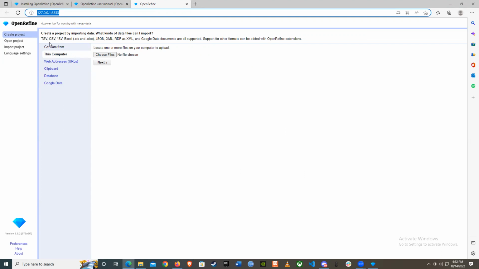If I create a new project, here it says I could create a project with TSV files, CSV files, SV means XLS or XLSX files, JSON or XML, and other files. So here I want to create a new project. Where should I get the data from? It should come from my local computer. I could download from any web URLs, clipboard, or database, and others. So for now, I will stick to this computer. I will select this one and